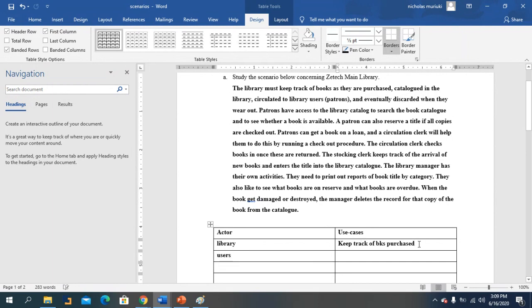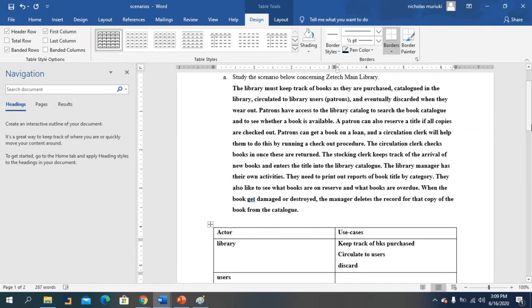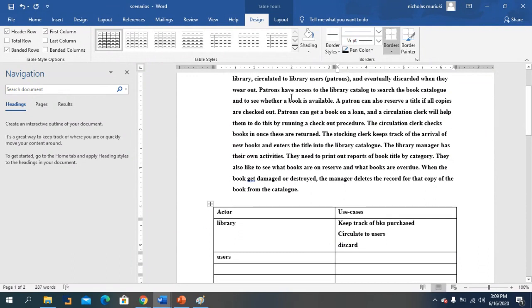So in this case, this system has other functions. The next one that we have is now circulate to users. The next one is discard. So this system, the library, is discarding. Patrons have access to the library catalog to search the books. So this patron searches books